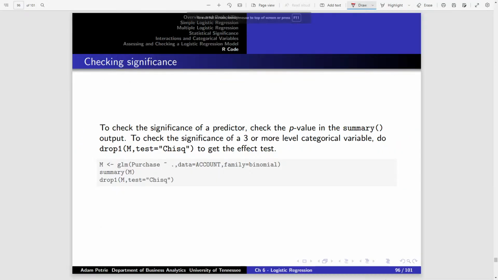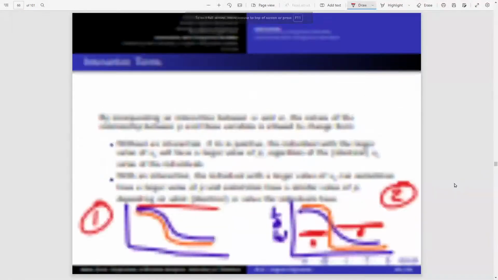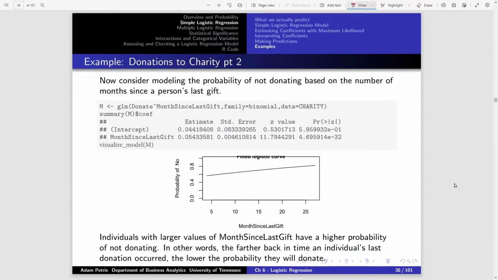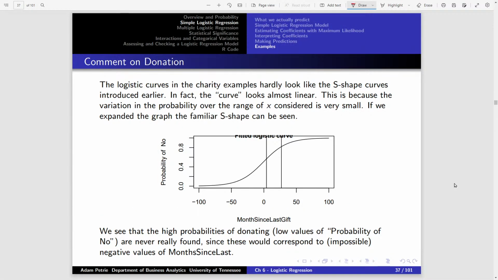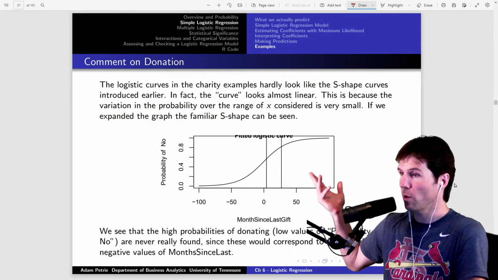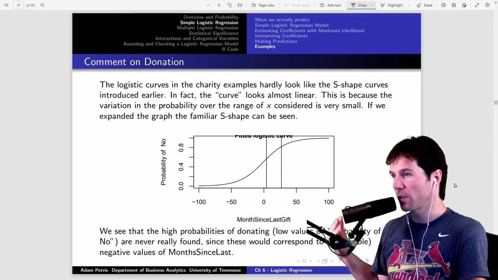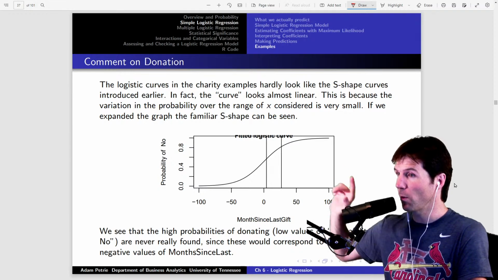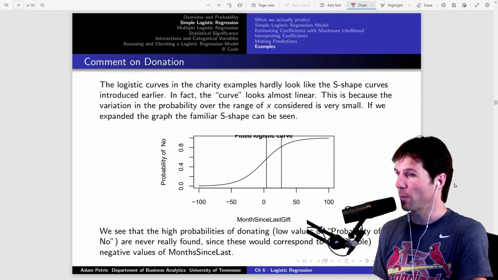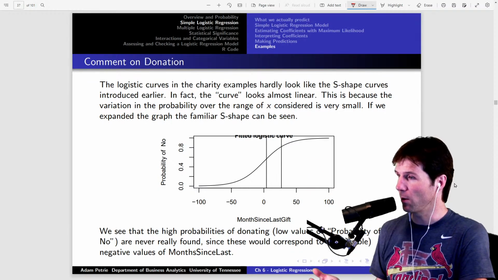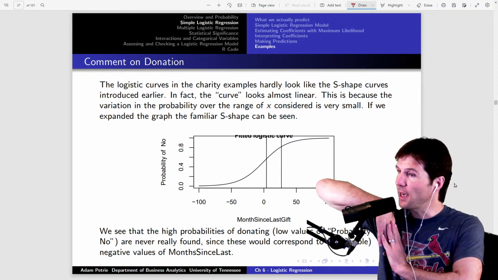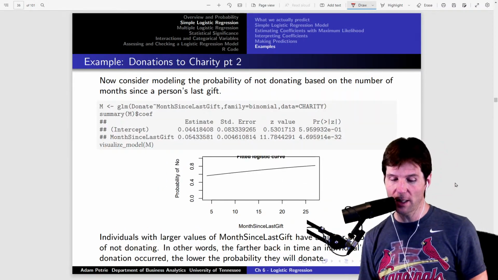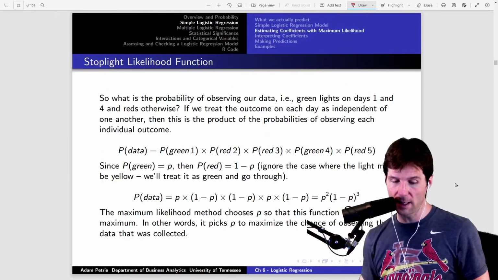If you were to talk about baking a cake, and to figure out the probability of somebody liking the cake, you fit a logistic curve. The logistic curve has to have a what shape? I know this isn't baking a cake, but the logistic curve would have a what shape if you predicted the probability of somebody liking the cake with how long the cake was cooked? It'd have to have this S shape. So if you try to fit the logistic curve to that data,